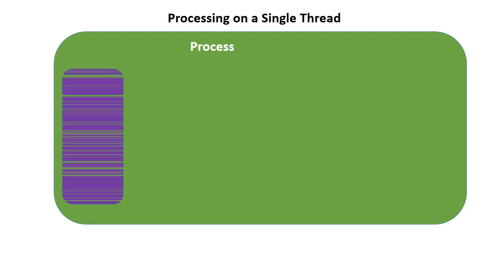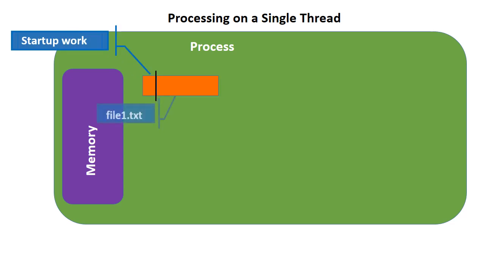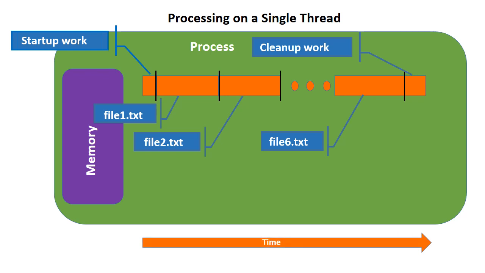When we look conceptually, process is created, resources get allocated, main thread started, it does startup work, then the contents from file 1 is added and the result is written into another file using doAdd method. Likewise, thread adds number from file 2 and writes the total into another file. Does the same for file 3, file 4, file 5 and file 6. After that, it does the cleanup work. The operations are done linearly, that takes very long time.